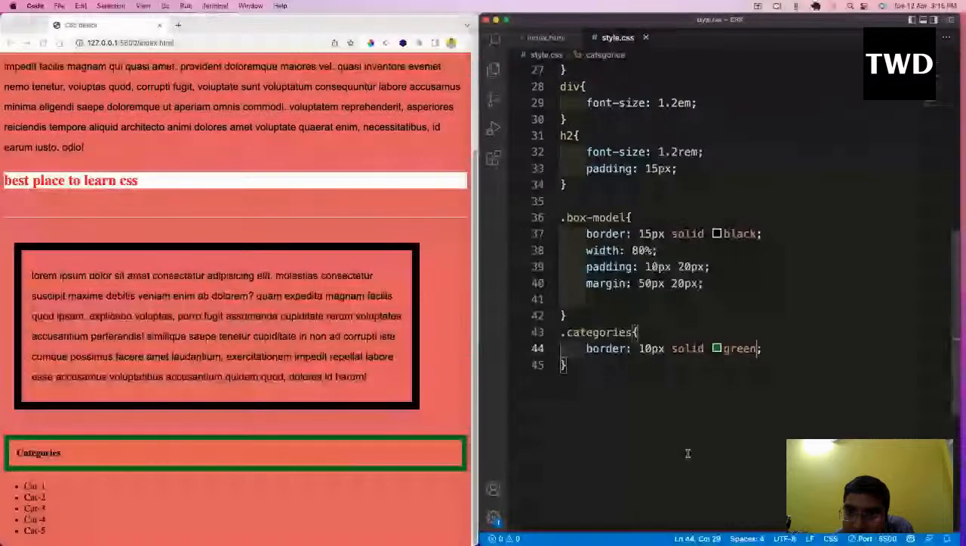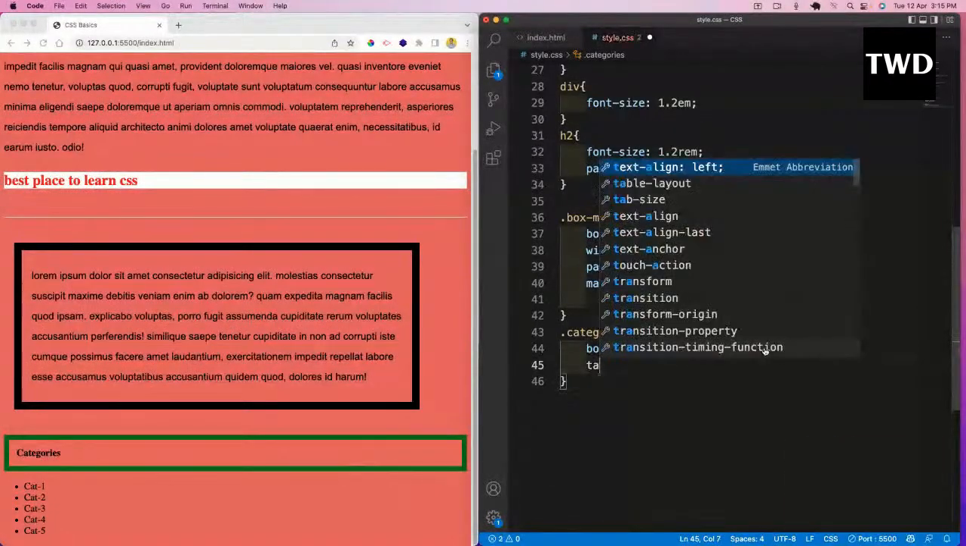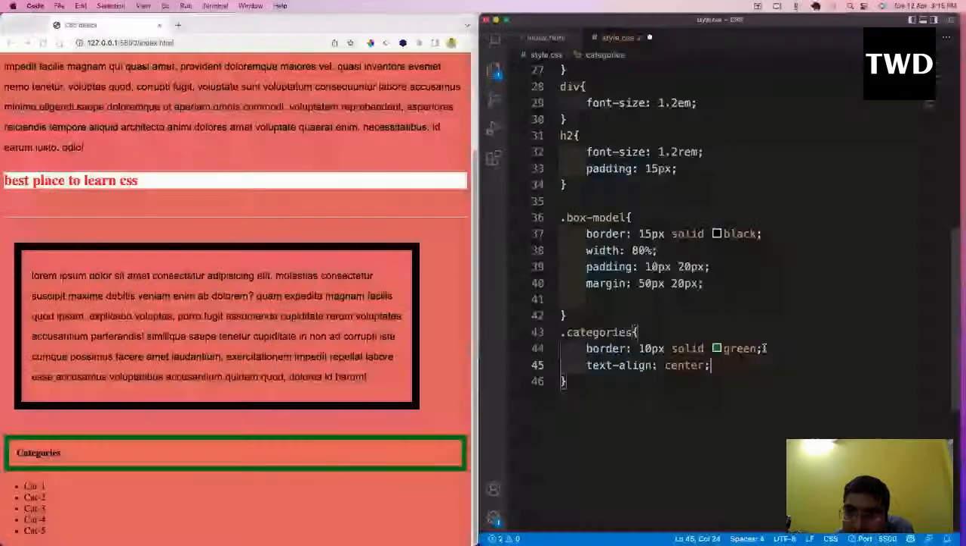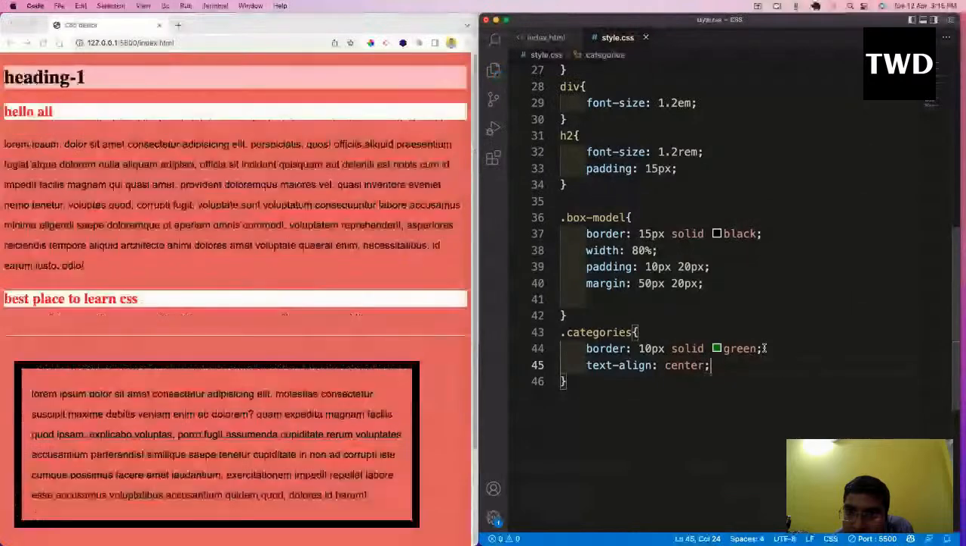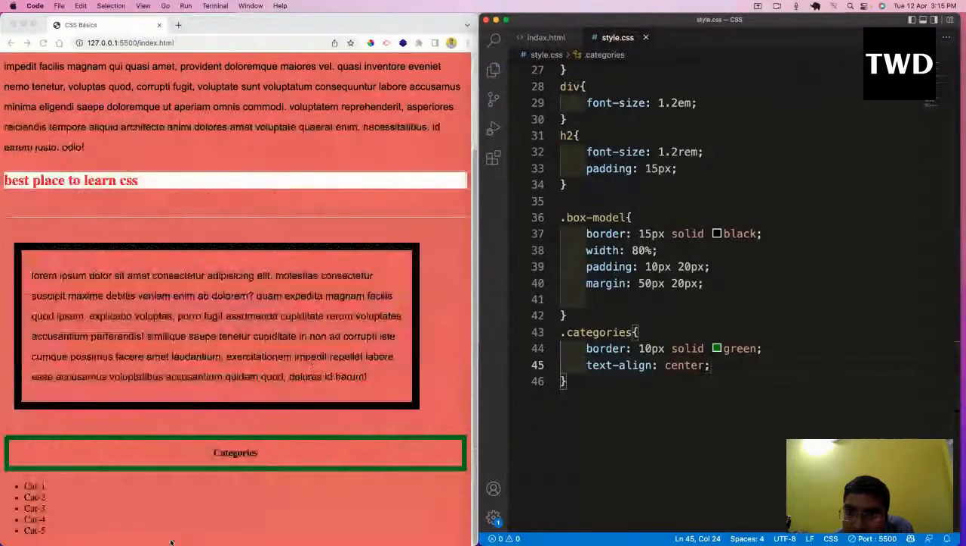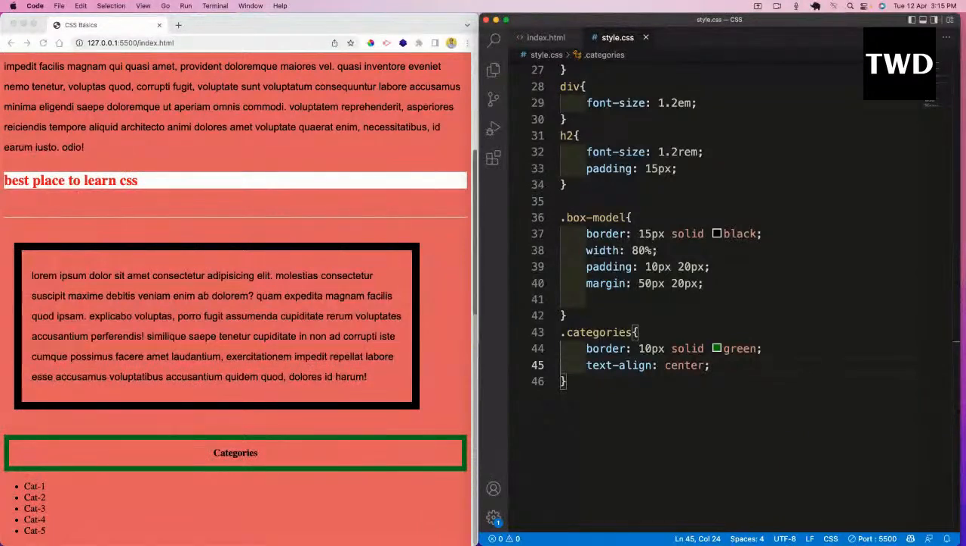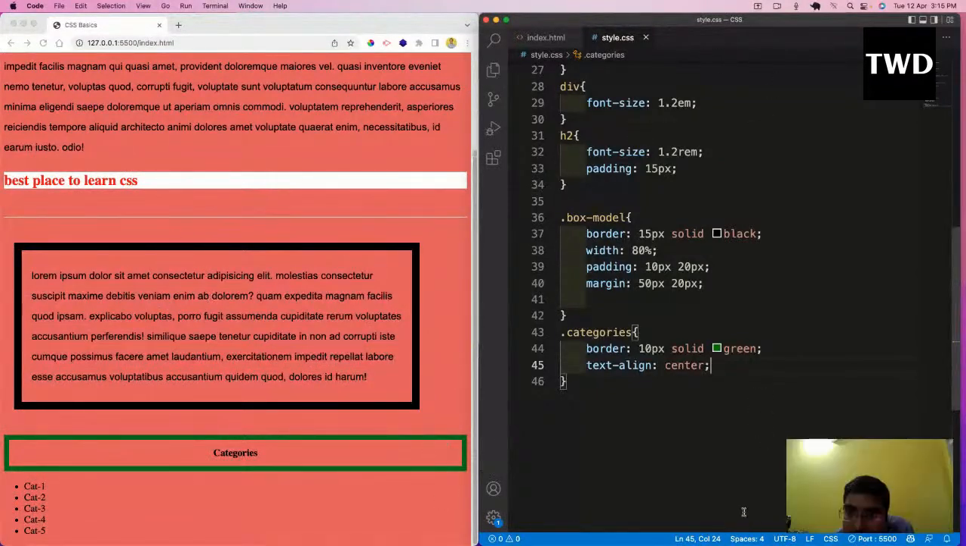So what I am planning, text align center. As you can see, the category is aligned to center now. Okay, fine, it is looking fine. So what we will do, one thing,